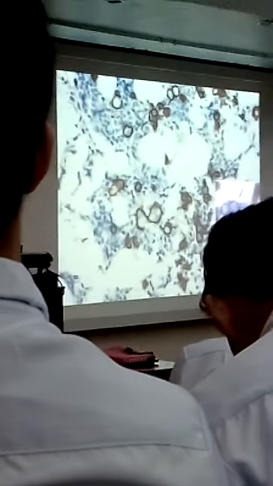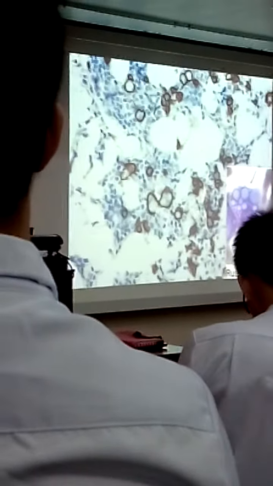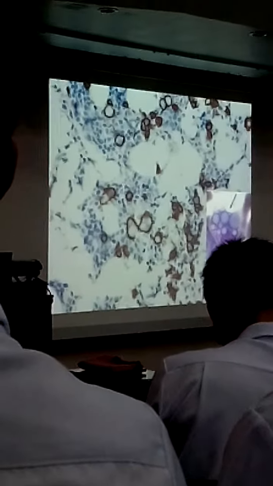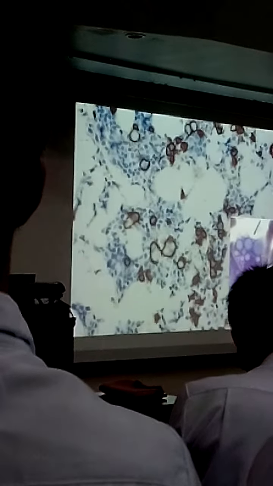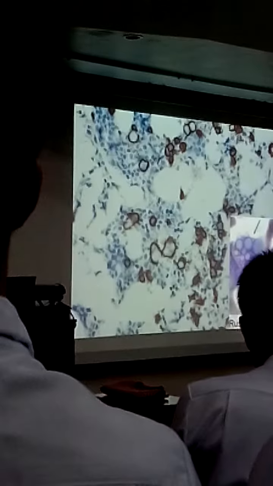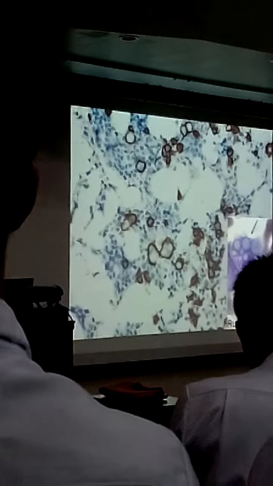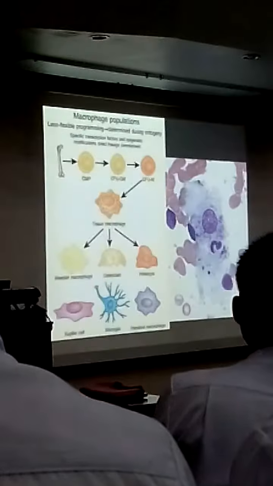And then special mention to the Russell bodies. This was done by immunostaining. The plasma cells actually undergo excessive immunoglobulin synthesis. That's why the staining is done, and it illustrates the activity of the plasma cell. This is a characteristic of the dilated rough endoplasmic reticulum. They may appear eosinophilic, large, homogeneous immunoglobulin-containing inclusions. You can see on the right side a close-up view. So these are the Russell bodies.